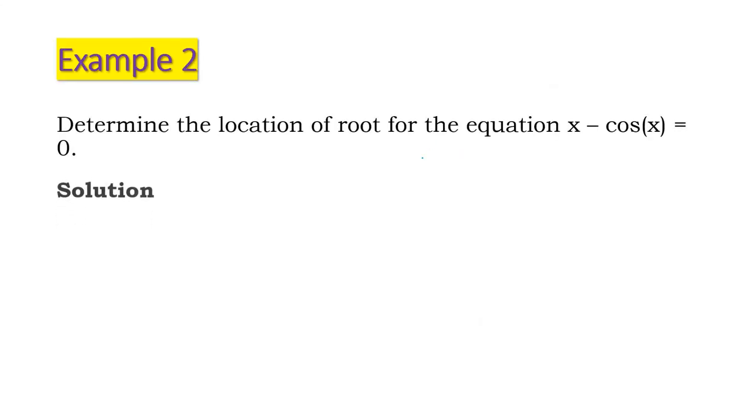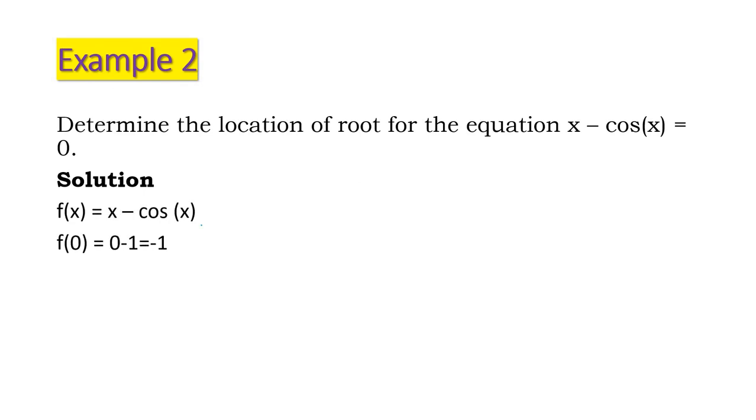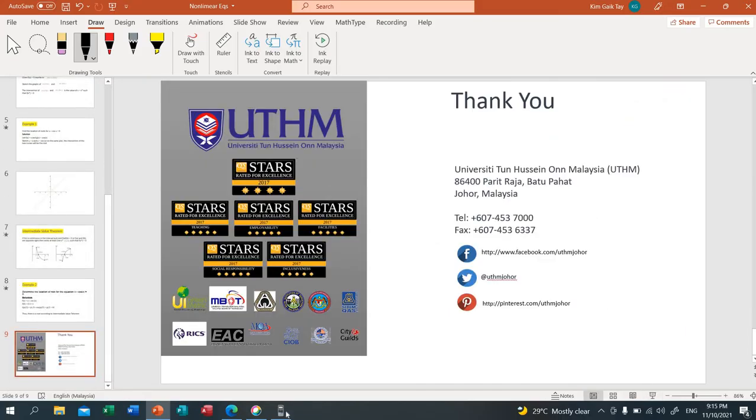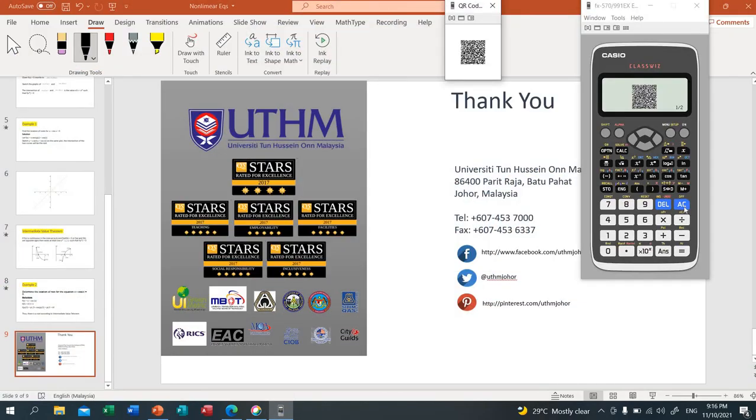So to do this one, you have seen just now, you put negative, positive. So there's at least one root in the interval 0 to pi over 2 for the nonlinear equation x minus cos x equal to 0, according to the intermediate value theorem. So now we have shown you that actually you have two ways. Either you sketch the nonlinear equation x minus cos x, as I showed you just now,